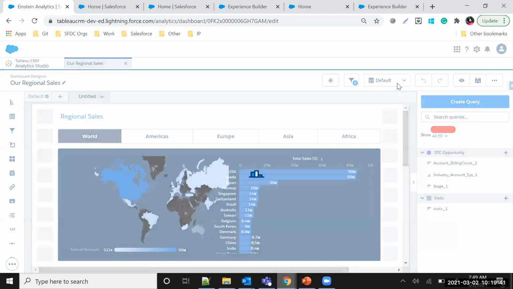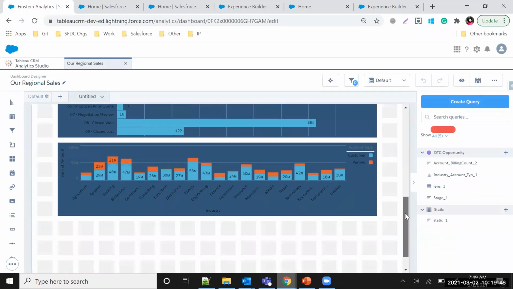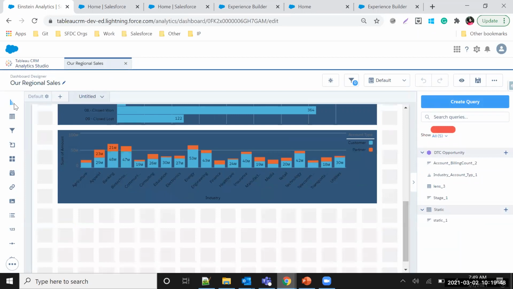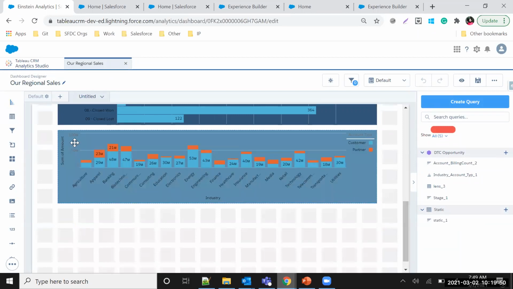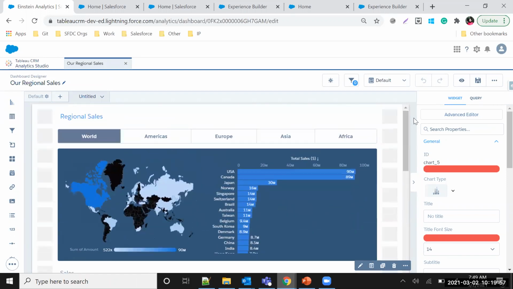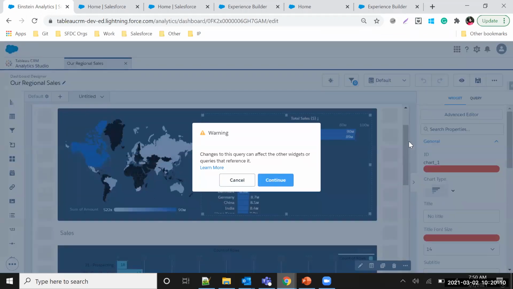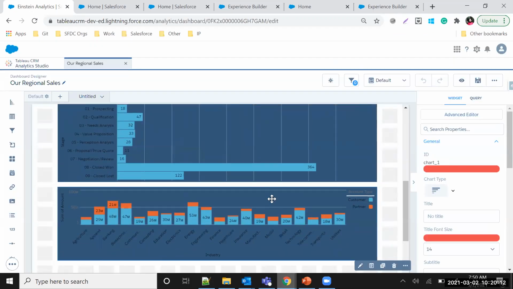So if I edit a dashboard, yeah. When you create a dashboard, you have an option to add a chart to any dashboard. You can add it from here simply. So this is nothing but a chart, and it is coming from a data set itself. And when you have charts coming from the same data set, it will become interactive. So based on the change of data in one dashboard, it will change different dashboards accordingly. So suppose if I go to this one, that one is related to that.